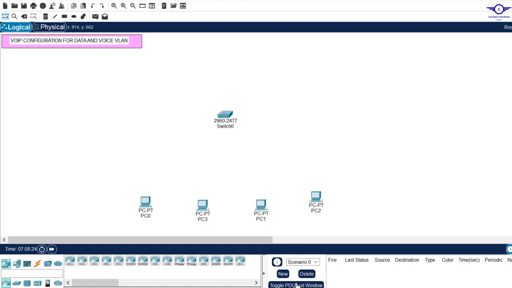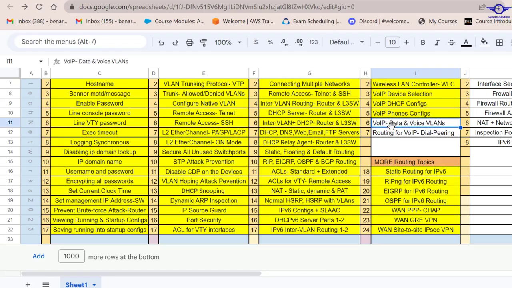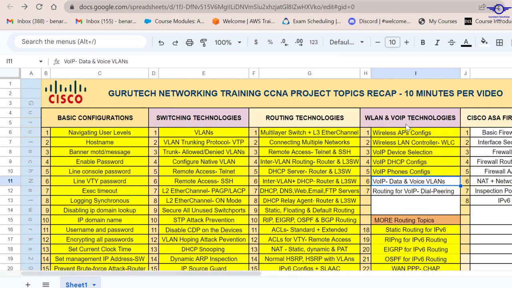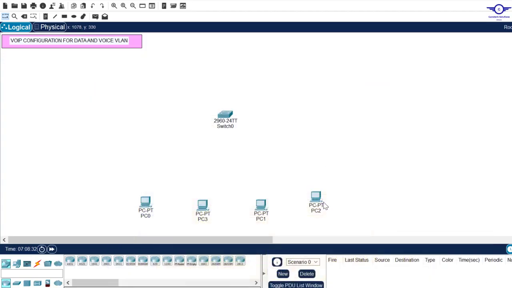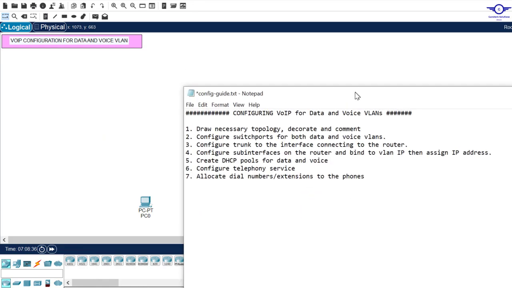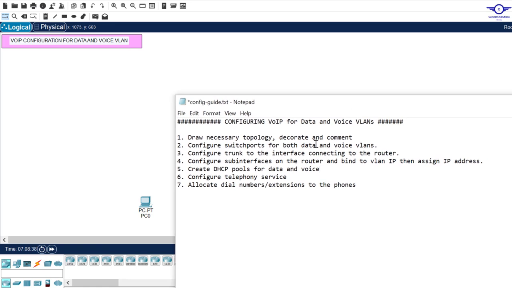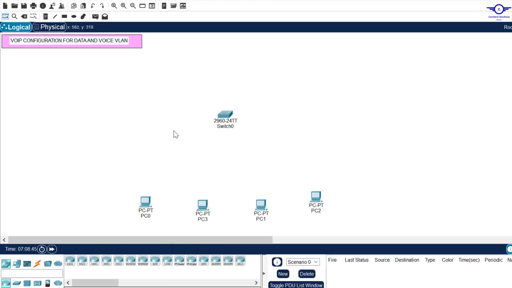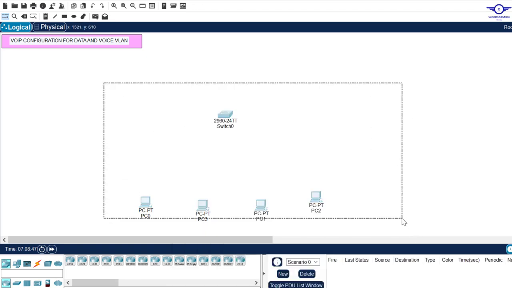Before that, I'll just open our Google spreadsheet. I'll let you know that we are in number 6 under VLAN and VoIP technologies. I'll also open our notepad to highlight the steps to follow to achieve the objective. The first step is always to draw the necessary topology, decorate, and comment. So I partially drew this topology here